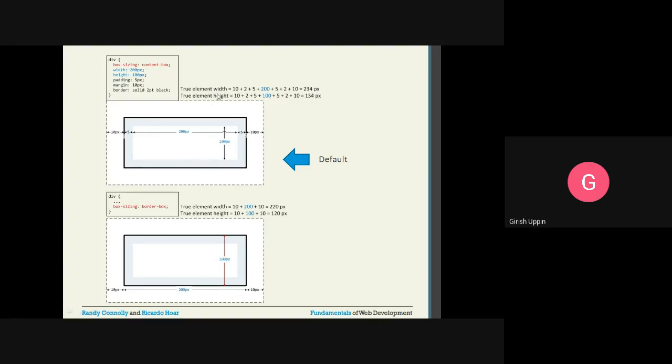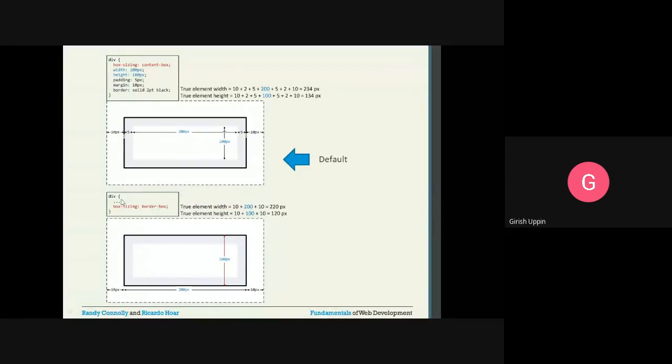Similarly for the height it is calculated. But if you say the box sizing, instead of the content box you will say border box. If you say it is a border box, everything is included. So whatever the thickness of the element border, padding, the content area, everything is included in 200. Everything else is exactly the same.